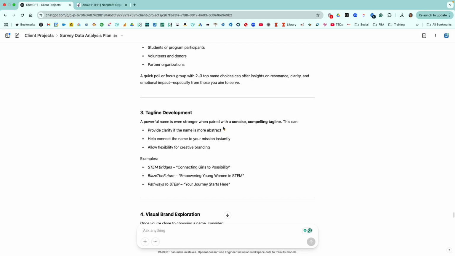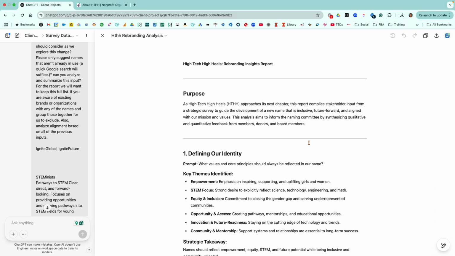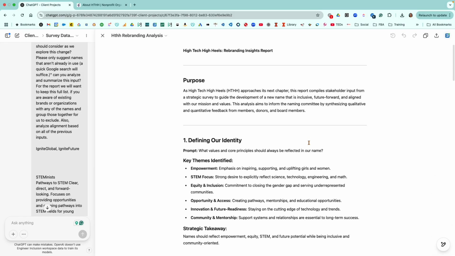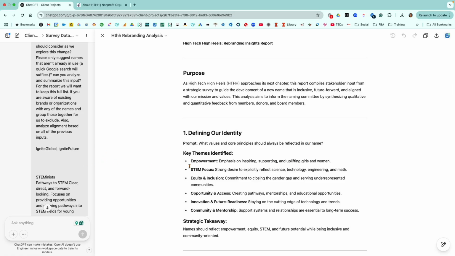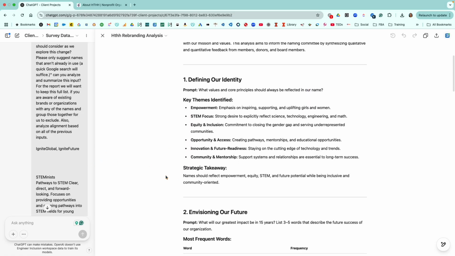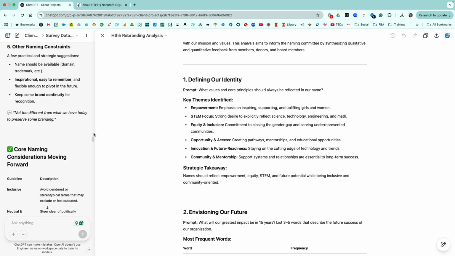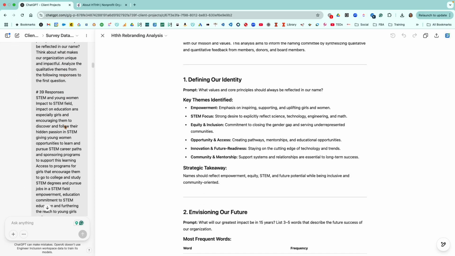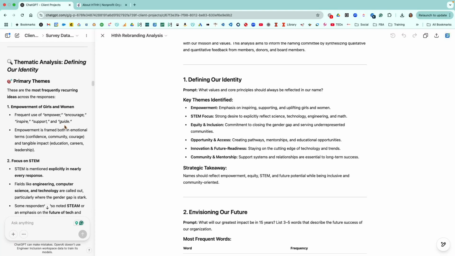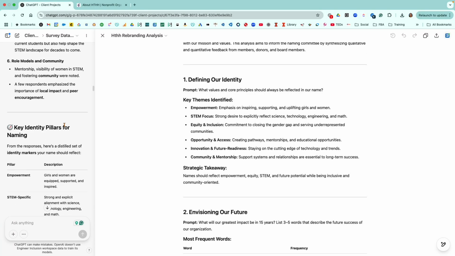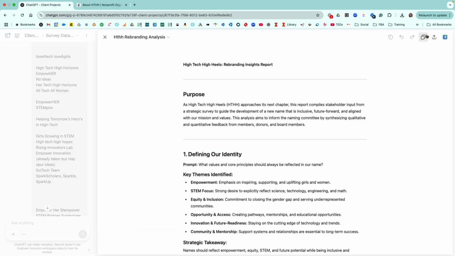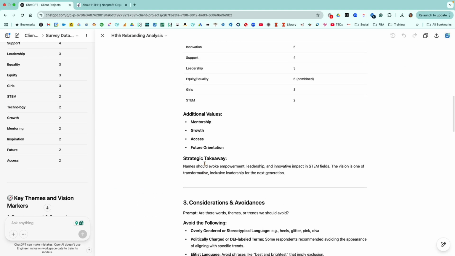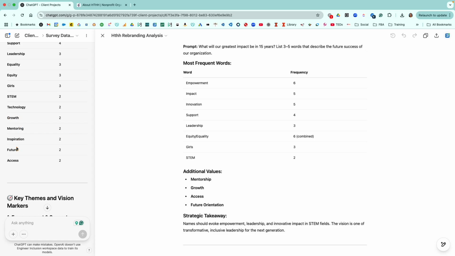Okay. So here, this little symbol means I can open the Canvas document. I want to go look at it again and see if it's comprehensive. Sometimes it summarizes things too much and I want to make sure that it's capturing the key information from the chat. Okay, so here's a defending our identity. Here's what it said below. Yeah, so it skipped a lot of these words that were also twos, but